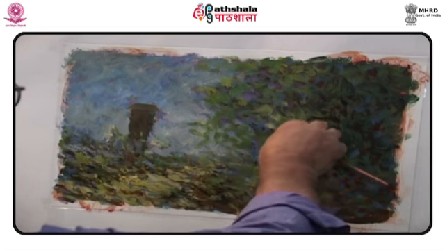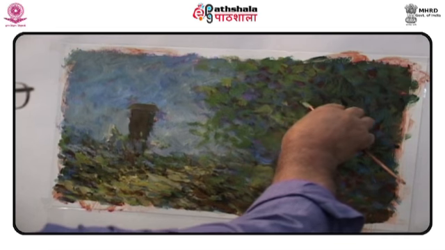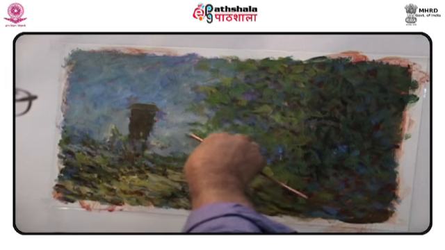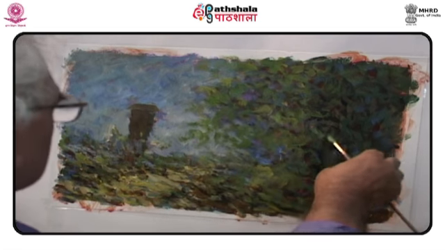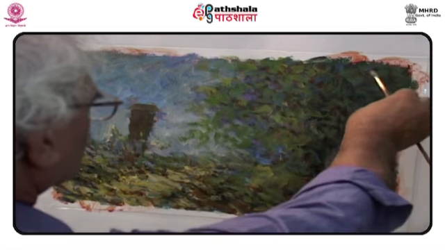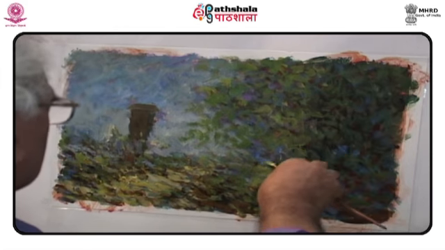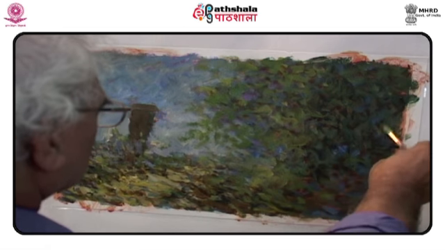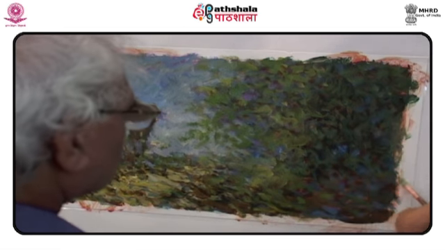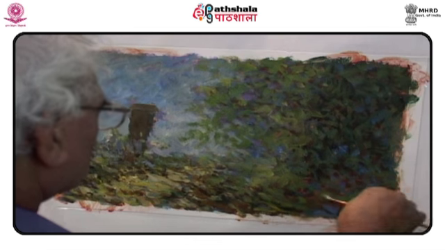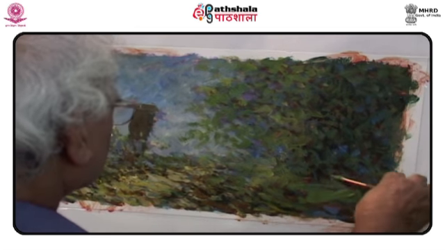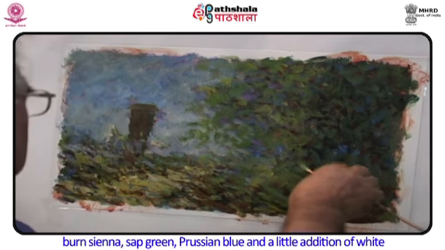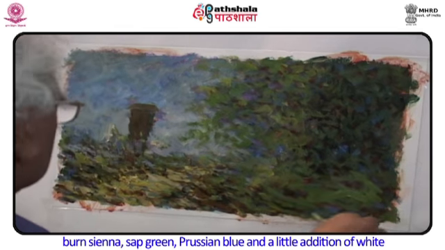The observations of light and weather play on the mind, and then the mind throws its own colors and forms its own notions of ideas perceived by the mind. In this painting, one can see how the effects have been given birth to with just a restricted palette of cadmium yellow, burnt sienna, sap green, Persian blue, and a little addition of white.